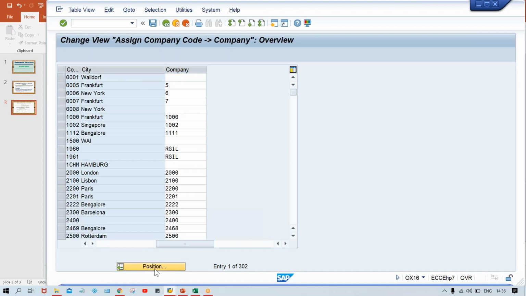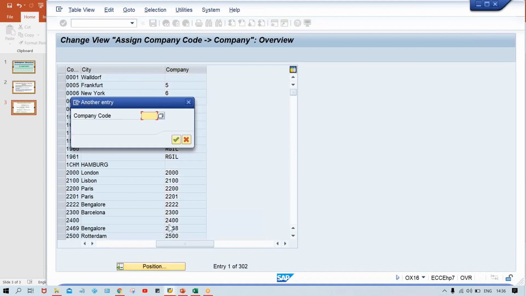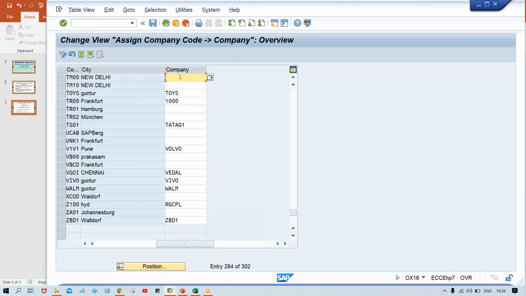So here, click on position, and then what is your company code, guys? TM00. So here I'm going to assign. Now what is your company here, guys? So I said our company is TTZRP. If you are able to remember, it's okay, and if you've forgotten, then what you have to do, you